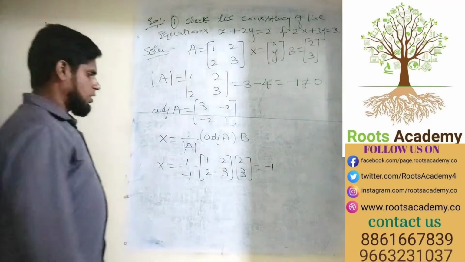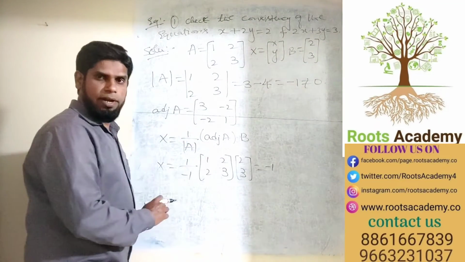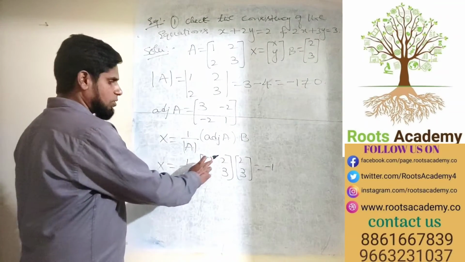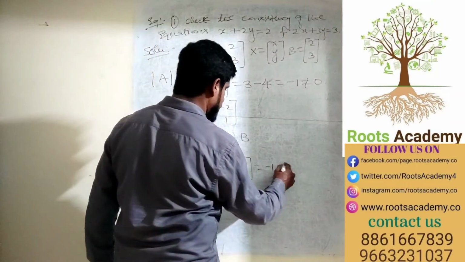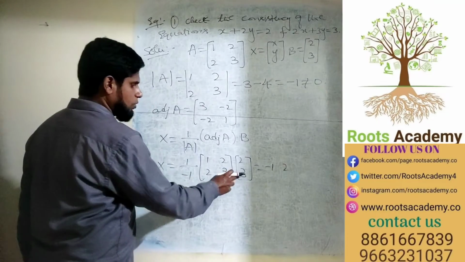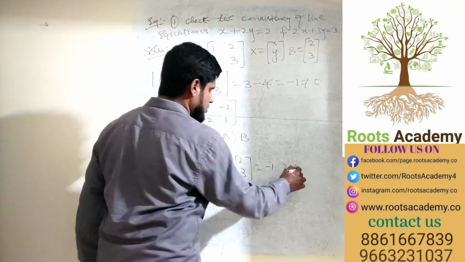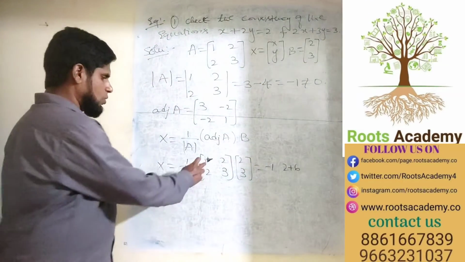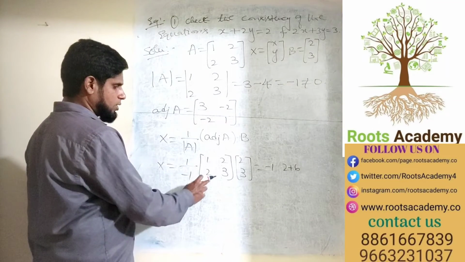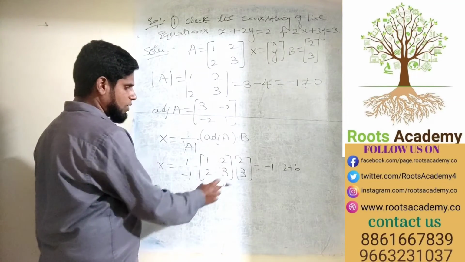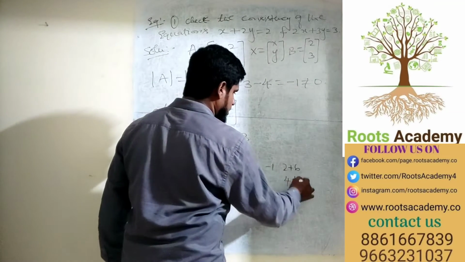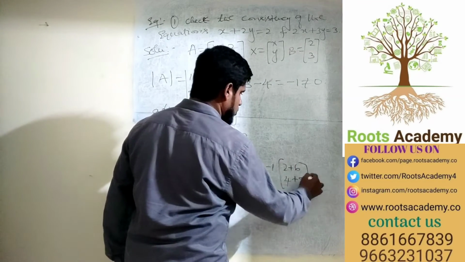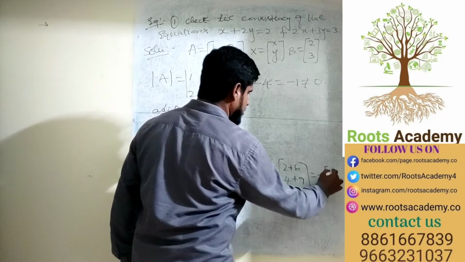Matrix multiplication: first row, first column, it is 1 into 2, which is 2, plus 2 into 3, which is 6, so 8. Now second row, first column, 2 into 2 is 4, plus 3 into 3 is 9. So it is minus 1 into 8,